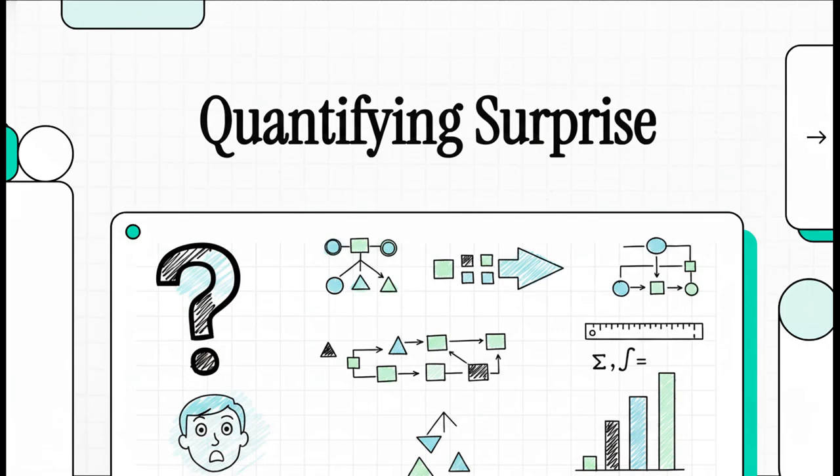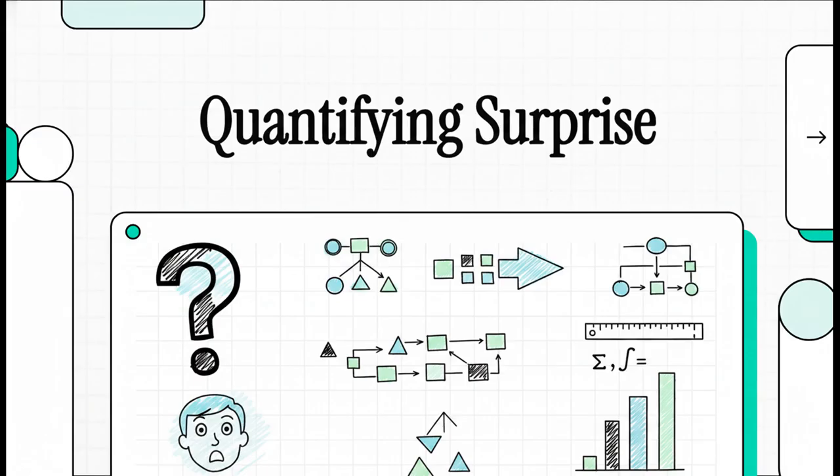Hey everyone, and welcome. I am absolutely thrilled to guide you through this explainer today, where we're going to look at the very foundation of how we process data. Seriously, if you've ever found yourself wondering how algorithms actually make decisions, or how we can mathematically measure the sheer amount of data flowing through our world every second, you are in the exact right place.